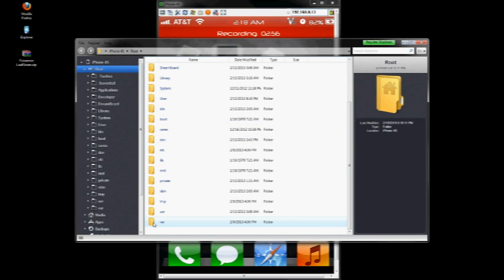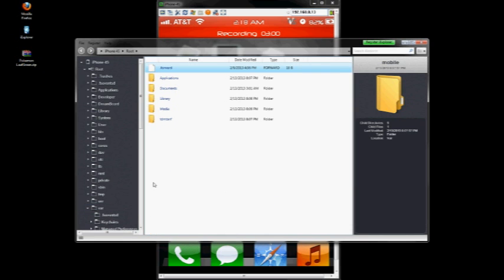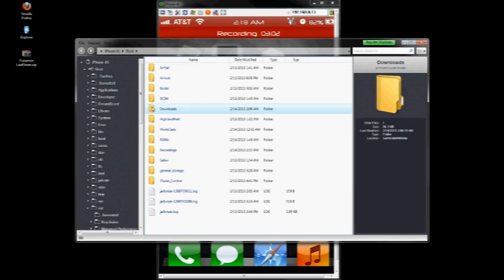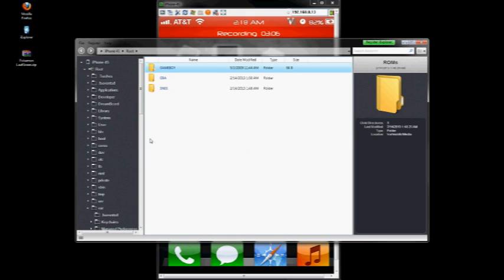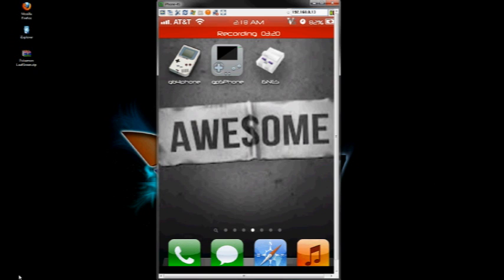Next, go all the way down to VAR, and you're going to open that. And then mobile, media, and ROMs. That will be in the description. Now, you won't have the folder SNES. All you have to do is right-click, New Folder, create a new folder, and change the name to SNES. Now that you have that going, all you're going to need to do is minimize this